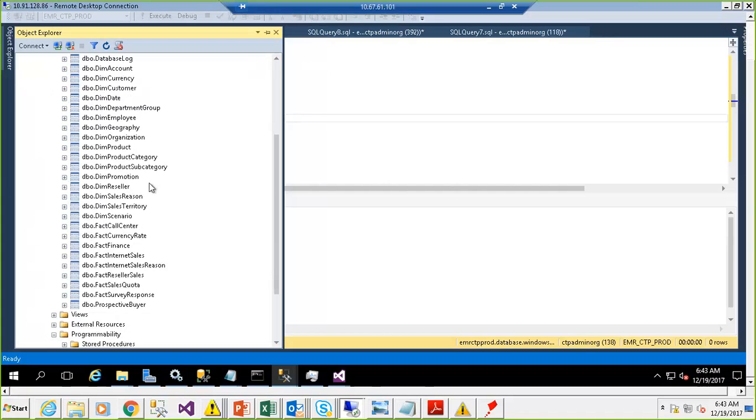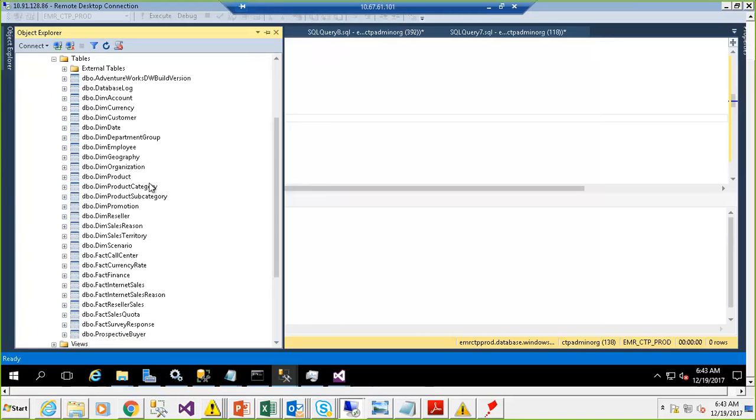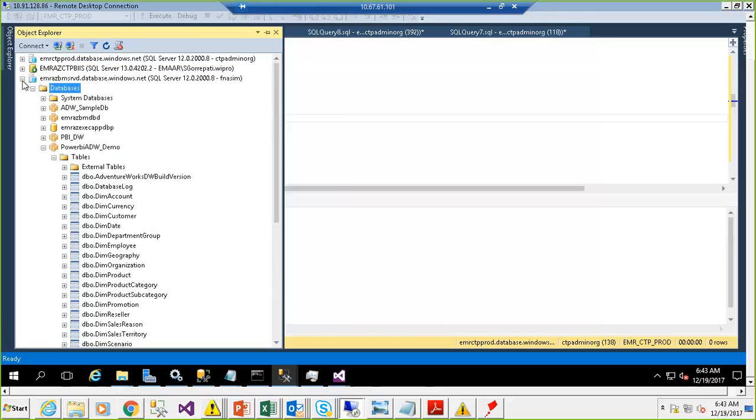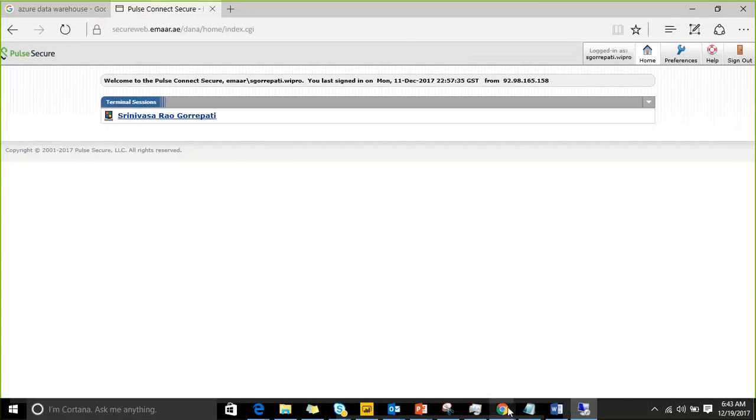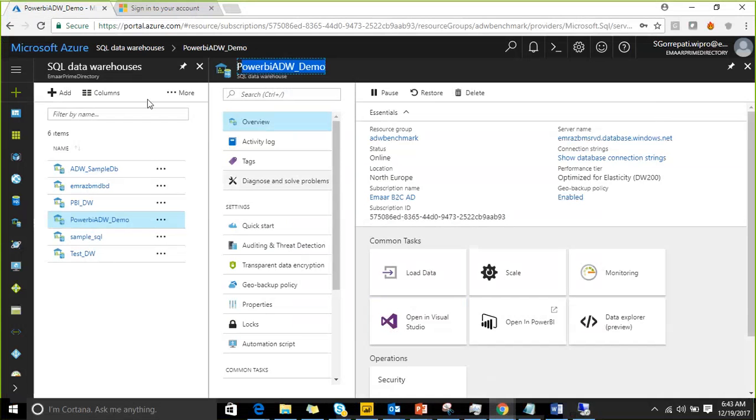So why it came is we selected a sample database as ADW, like AdventureWorks. Now the first point: we created an Azure data warehouse by creating a new one, selecting a sample database, and providing a server name. What you need to do is copy this server name, go to your SQL Server and provide this as the server name, and whatever the server